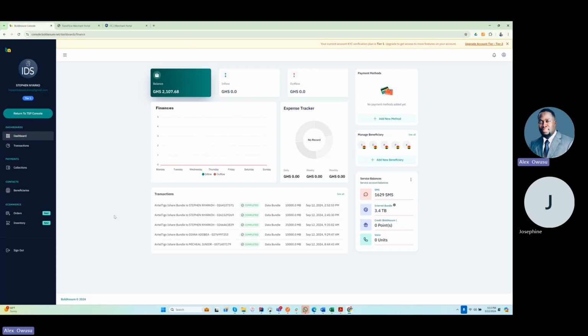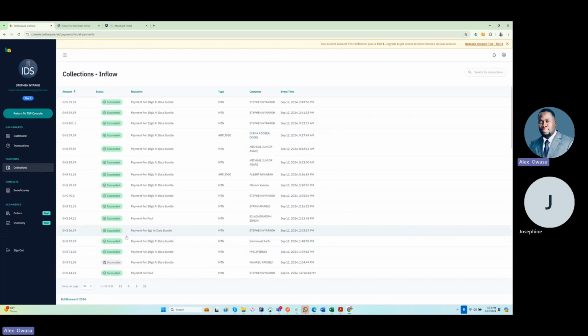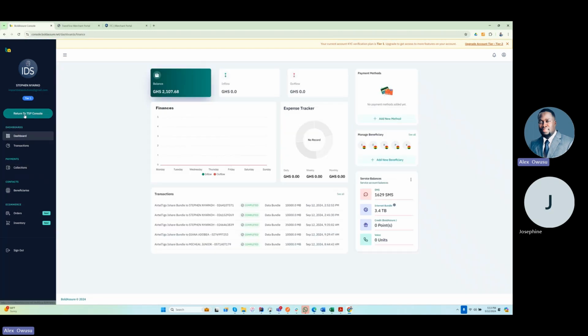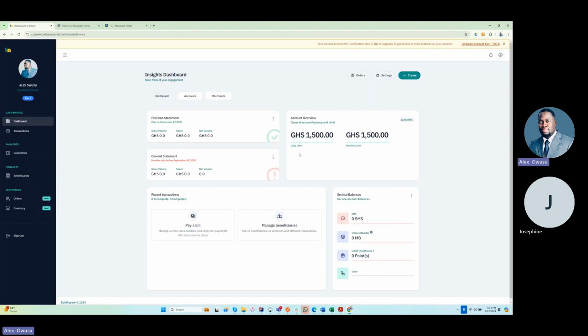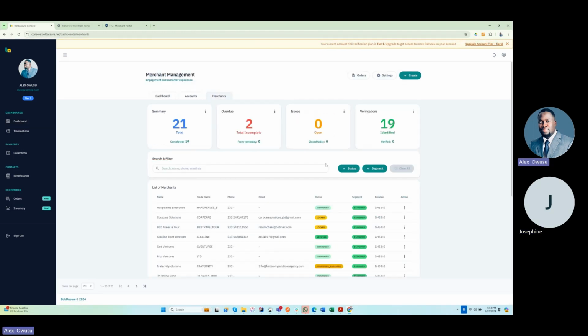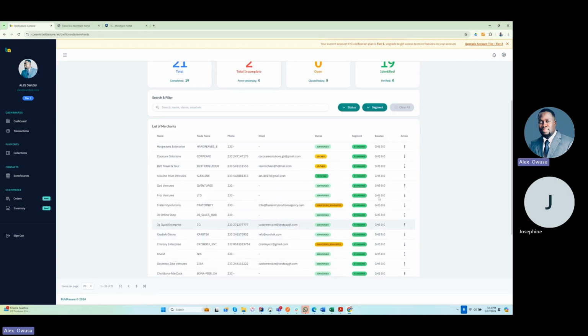But basically, I think there are some improvements so that when you come to the dashboard as an administrator or back office, you don't have to hassle a lot, right? People who are doing transactions today, you can actually see their balances filtered out, right? So for instance, if you come here, you see you have all the merchants, right? But it would be nice for you to just have people who are doing transactions today filtered out for you,